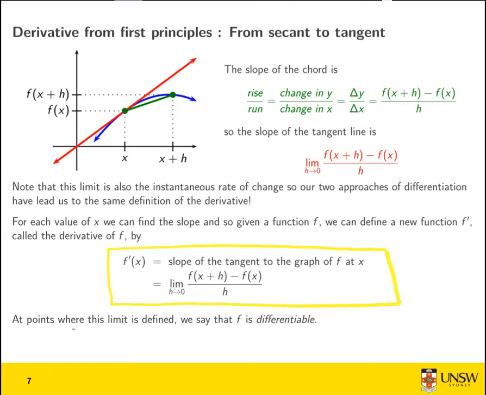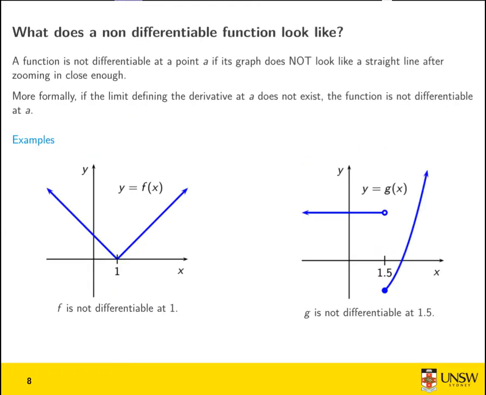If this limit exists, we say that the function is differentiable. Maybe at this point you're not exactly sure how it's possible for the tangent line not to exist, what a non-differentiable function would look like. Well, it's a function for which when you zoom in and zoom in and zoom in, you don't get a